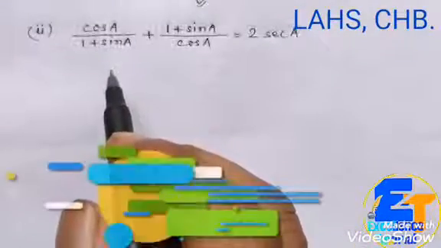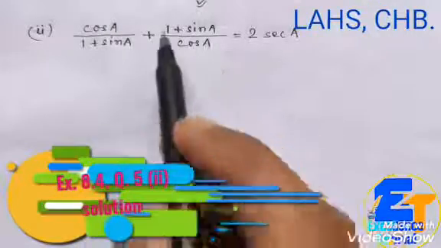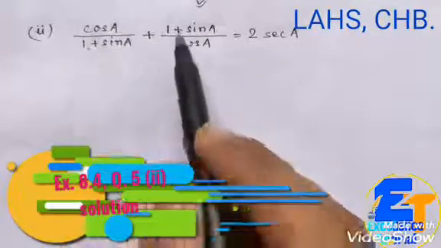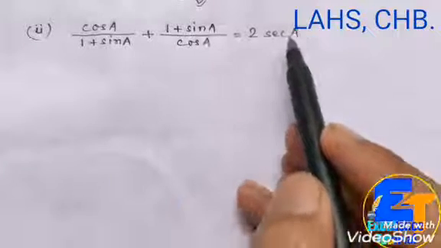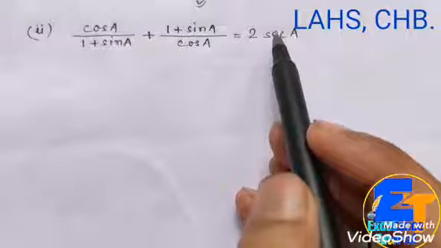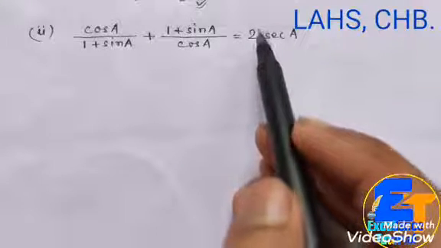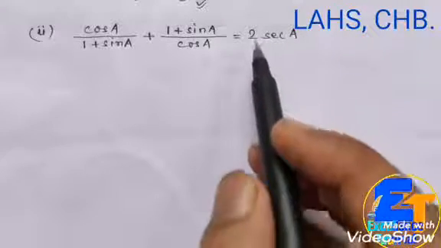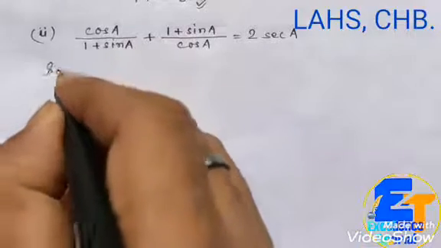Now come to the second question. We are going to solve this second question. See, on the left hand side, cos A by 1 plus sin A plus 1 plus sin A by cos A will be equal to 2 sec A. We are going to solve the second question, that is the second sub question of question number 5. So solution,